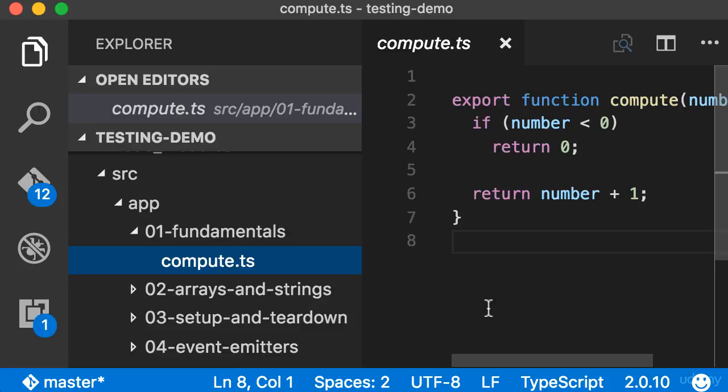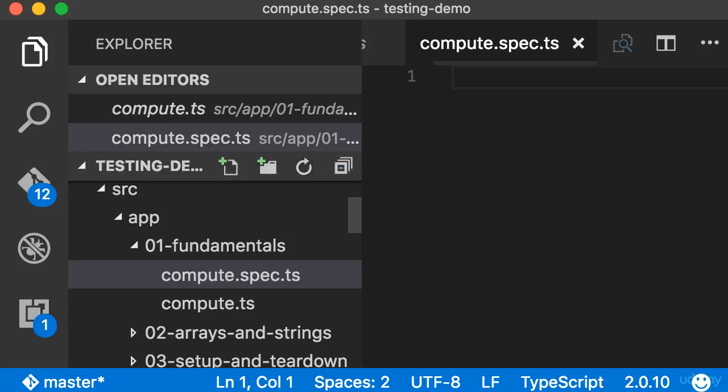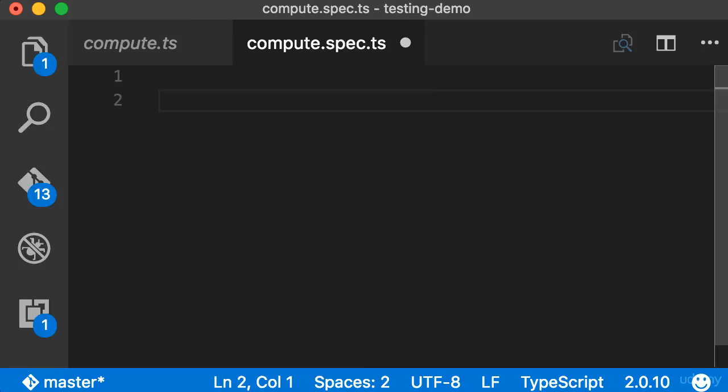All right, now to create a unit test for this function, in the same folder, we're going to create a new file. Look at the naming convention, compute.spec.ts. So all our test files should have .spec.ts. This is the pattern that Karma, our test runner, is looking for. So anytime it finds files that match this pattern, it looks at the tests in these files and runs those tests for us. Now in the projects that we create with Angular CLI, we use Jasmine as our testing framework,